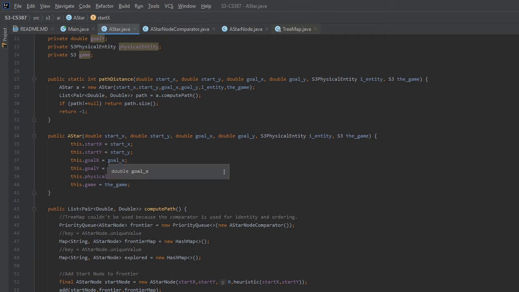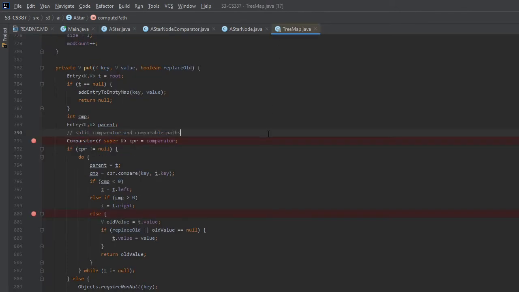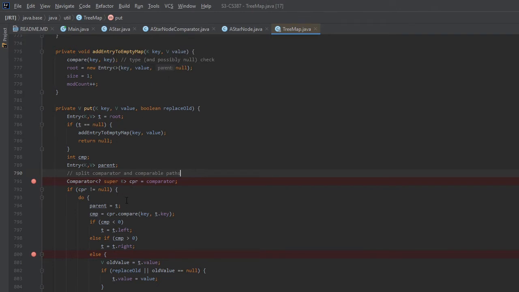Within the actual A-Star compute path method, initially I was trying to use a tree map to store the nodes in priority order, as well as being able to quickly look up the object using a key. But I quickly learned, looking at the tree map implementation, that if you have a comparator here, you can't order things differently if you have different nodes of different